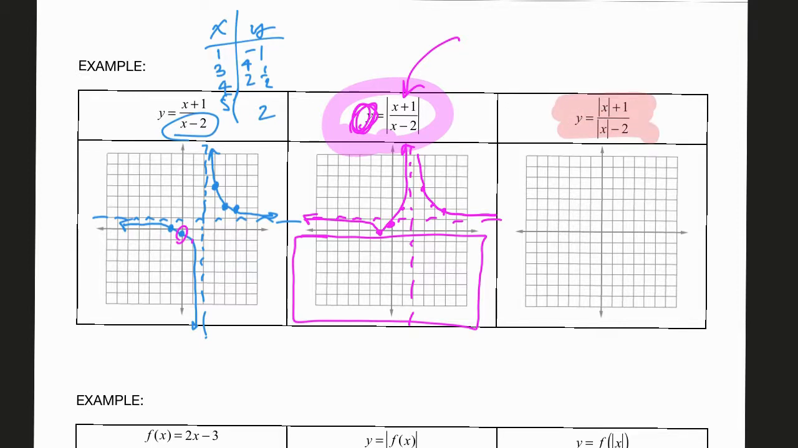Okay, this one, the stuff that is to the right of the y-axis remains the same. So this ordered pairs